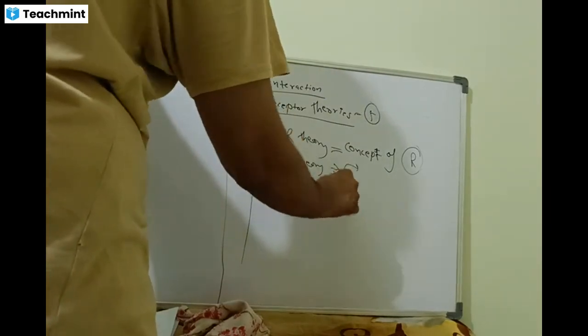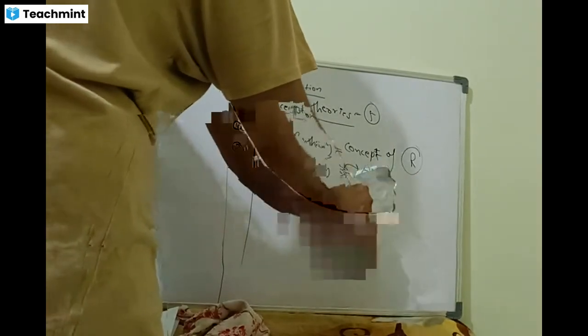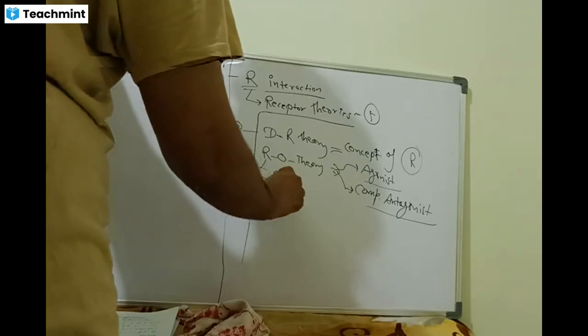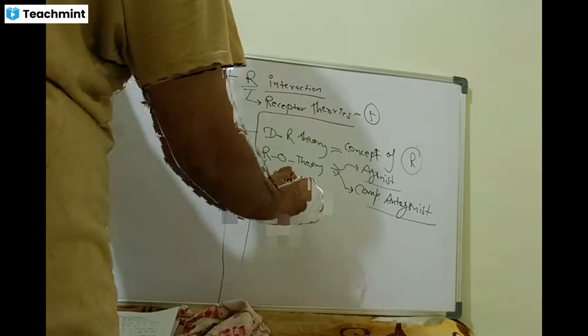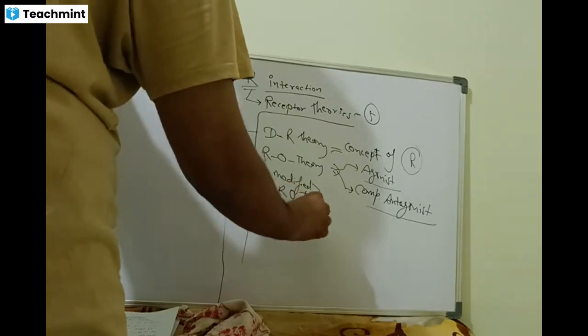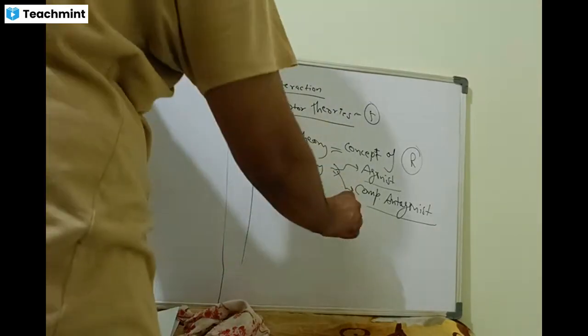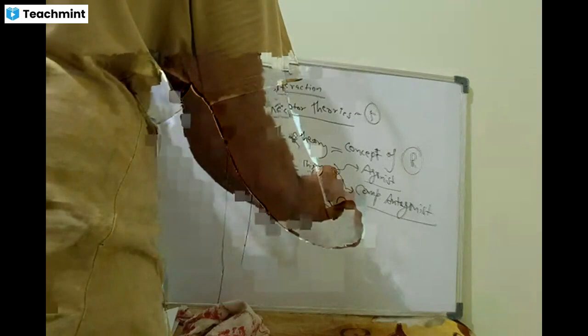From this comes the concept of agonist, the competitive agonist. Then the modification of the theory, the modified receptor occupancy theory. From this theory, the concept of partial